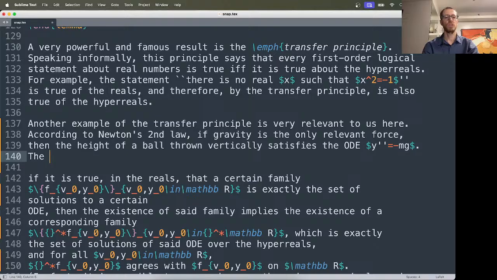The solutions to this ODE are precisely the functions of the form